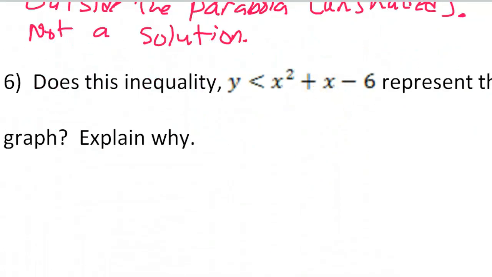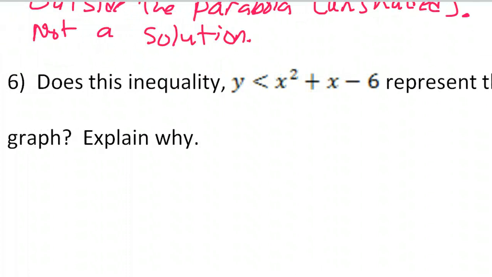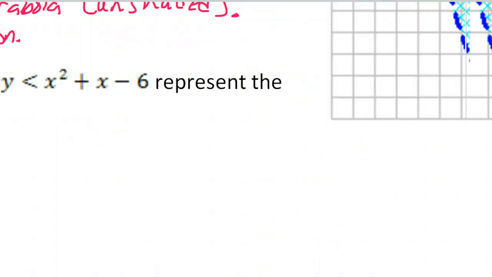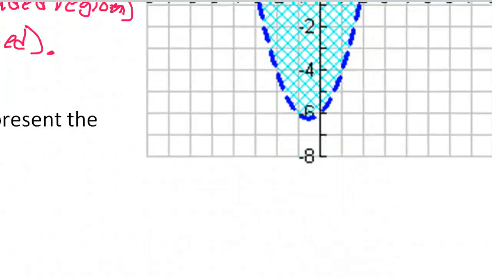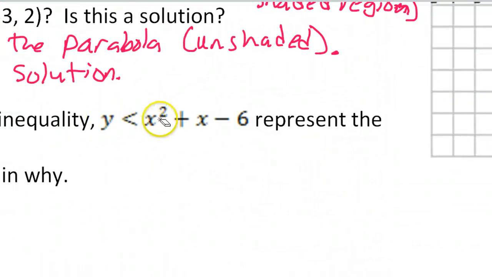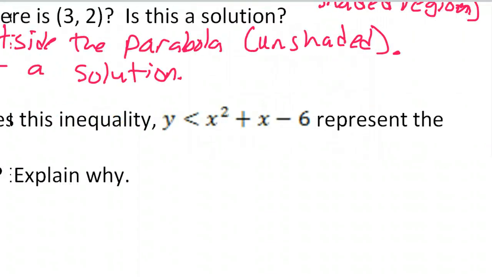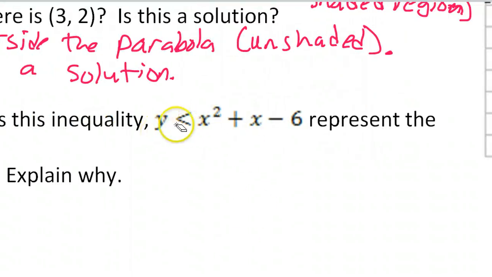Now number 6. Does this inequality represent the graph? Explain why. Well, let's plot some points from this. Actually, let's not. I don't need to plot any points from this. Let's just use the graphical method. Assuming for a moment that this border represents the equation y equals x squared plus x minus 6. Let's assume that the border is correct for now. Then when we have y is less than,